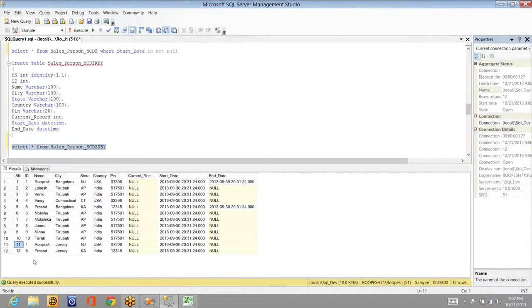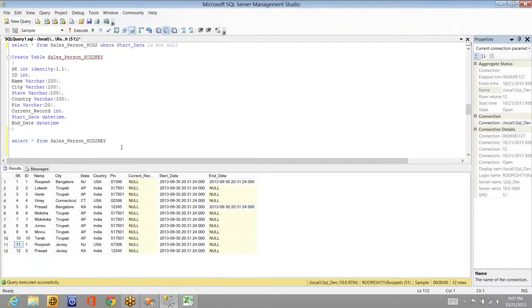Now, while moving the transaction tables, you know the foreign key relationship fails if there is no master record. Let's say there is a particular master record which is used in the transaction but not available in the master. So what will happen? The foreign key fails. So in that case, what people will do is they will insert some dummy record. Let's say the ID is 11 or 13.